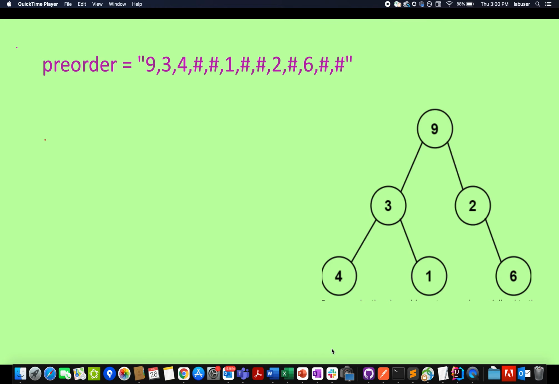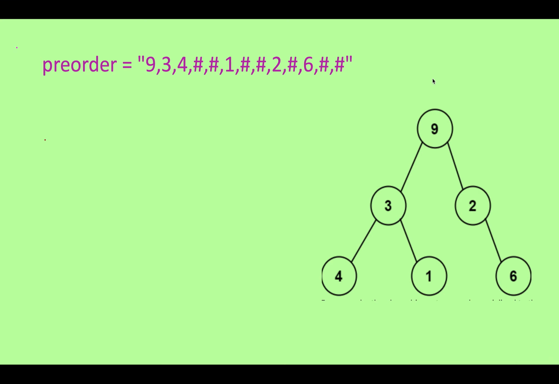Let's create a variable that stores how much vacancy is currently present in the system. Since we know that the input string is not empty, we initialize the vacancy value to 1. And let's start the iteration. The first node that we see is 9, and we can witness this 9 in this tree.